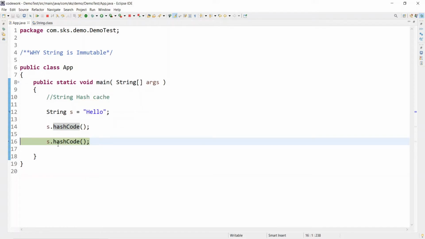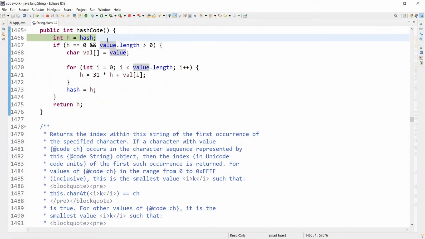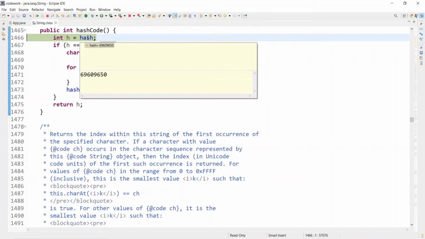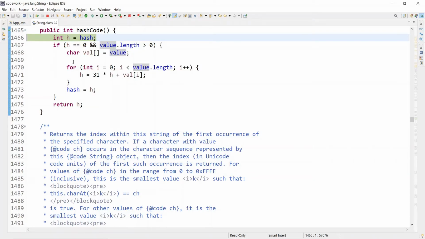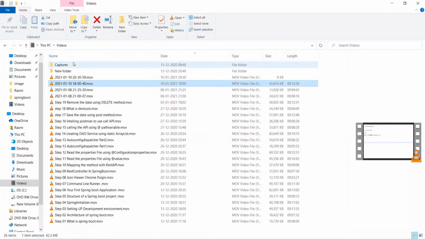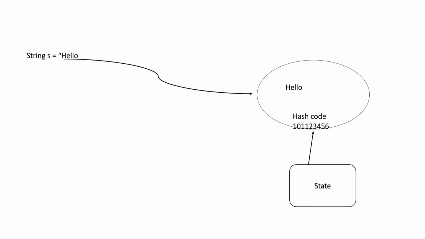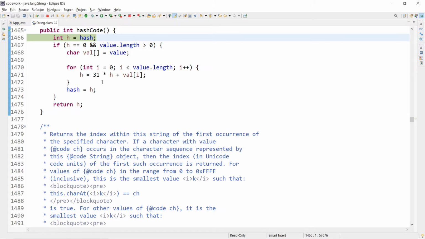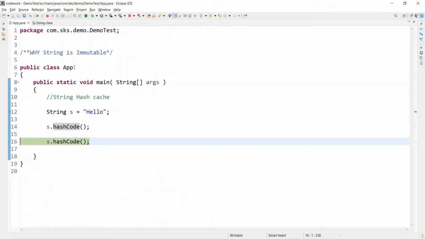So now let's call the hash code another time. Again, step into. So here if you see, now the hash code is already available, because Java calculates the hash code only once in the lifetime of that object, and it gets stored over here. I told you, it will be permanently saved here. As long as this object is available in memory, this hash code will be available. So this time it will not calculate, and it will come out and return.